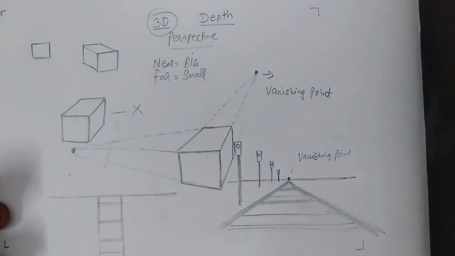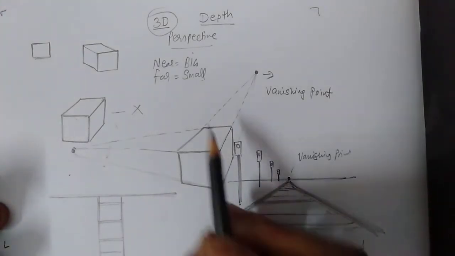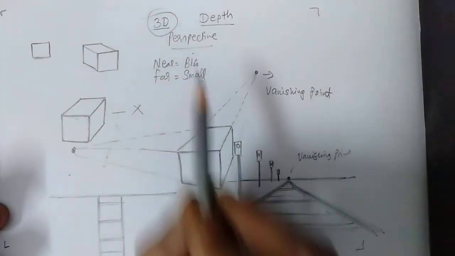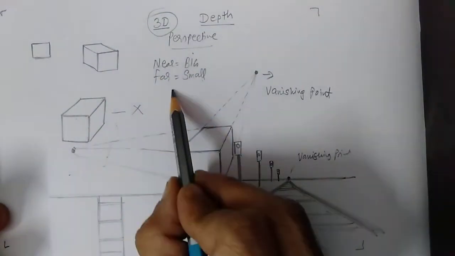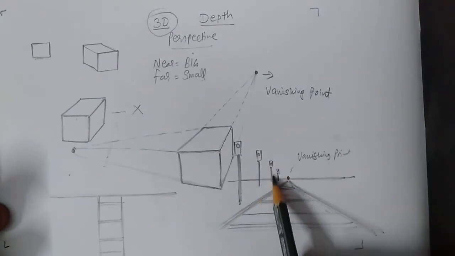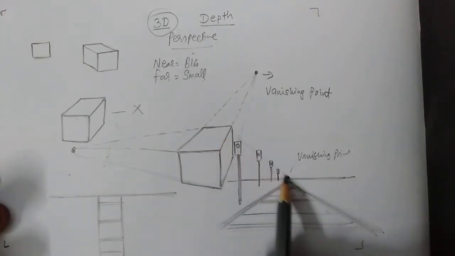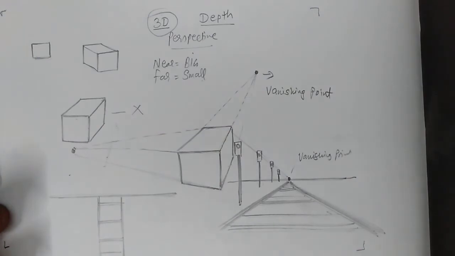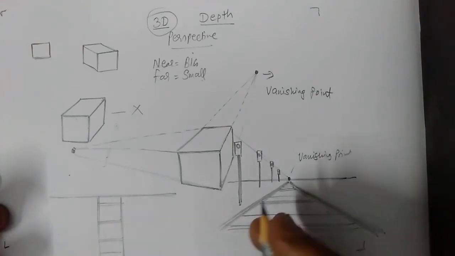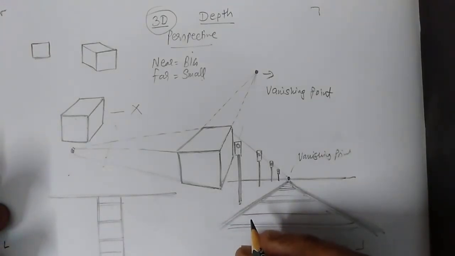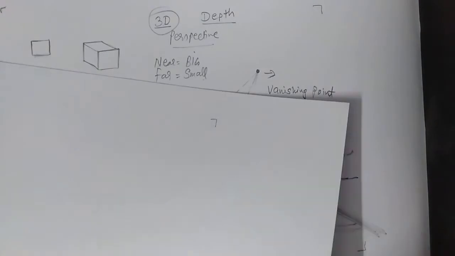But you can say that all the railway signals, they are of the same size. Of course they are of the same size, but still, as we have discussed, the things which are near, that is supposed to be big, far, that is small, far, that is more small, and so on. In fact, if we meet the lines of this object, it will also converge at this vanishing point only. Whatsoever we are drawing, we have to assume that the things which are near, that is supposed to be big, and the things which are far, that is supposed to be small.